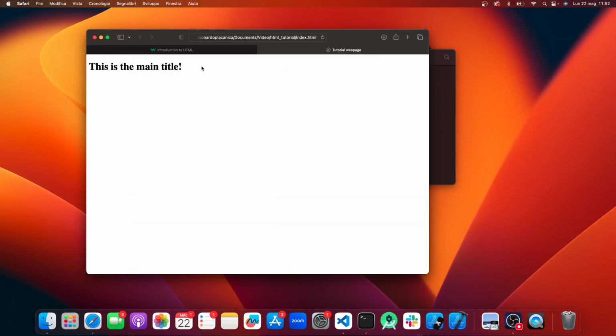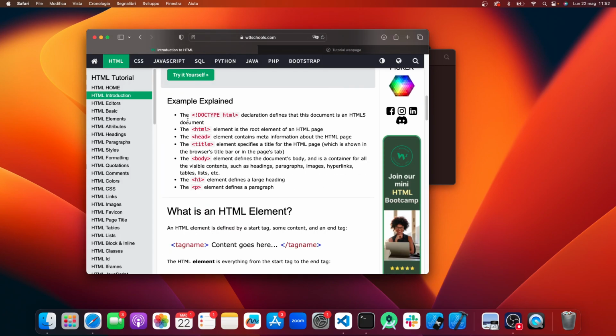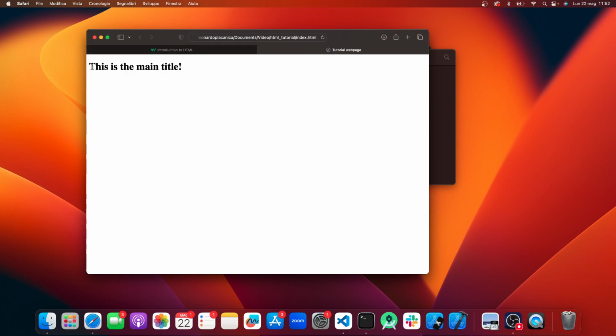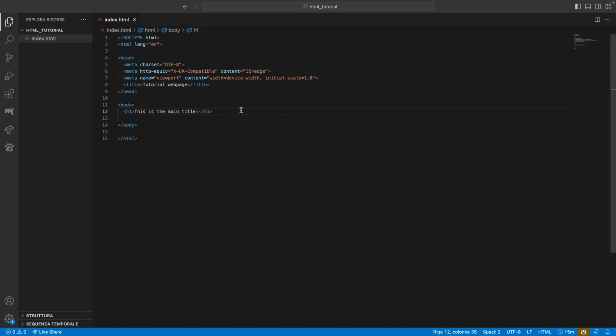As you see, it showed up right here with a little bit of style. You can see how it's bold, and how the font size is pretty big if you compare it to any other text on this page. Why does the browser know all this by its own? Well, because this is an H1 tag. H1 should be the principal, the main title on your web page, and so the browser gives it a style